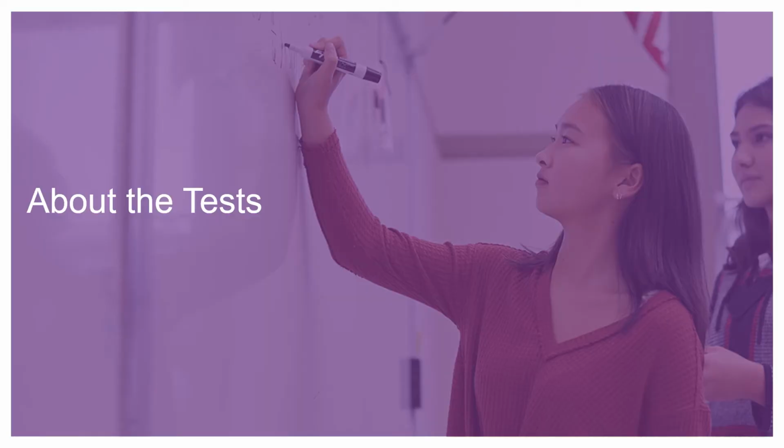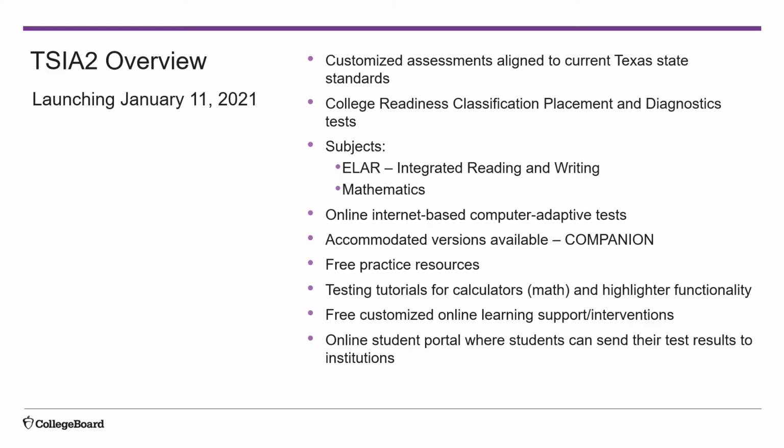We will begin by sharing basic information on the purpose and structure of the TSIA 2 test. Let's begin with an overview of the new tests, and I will go into more detail over the following slides. The TSIA 2 is a suite of online, internet-based computer adaptive tests designed for Texas public institutions of higher education to determine if entering non-exempt students are ready for entry-level college coursework in the areas of English language arts and reading and mathematics. Accommodated versions are available for these tests upon approval of the IHE for those students with documented